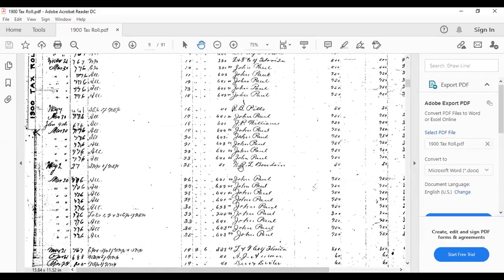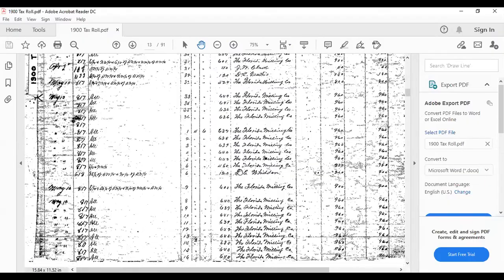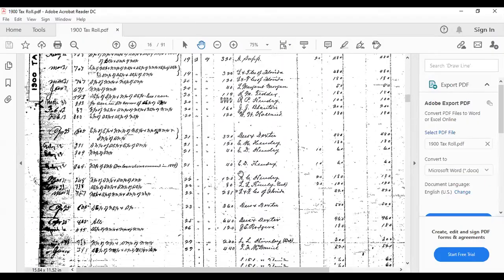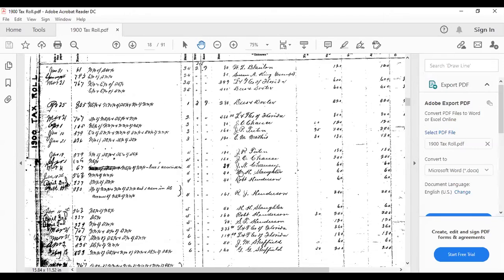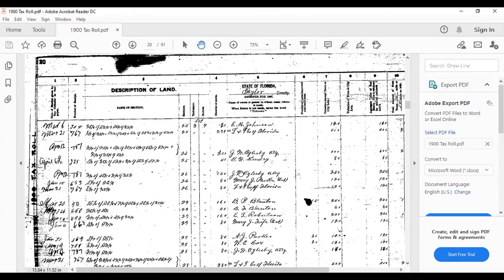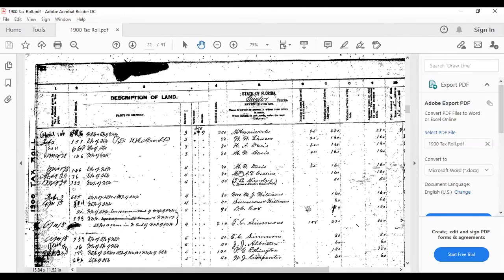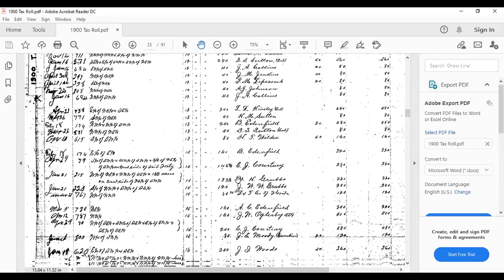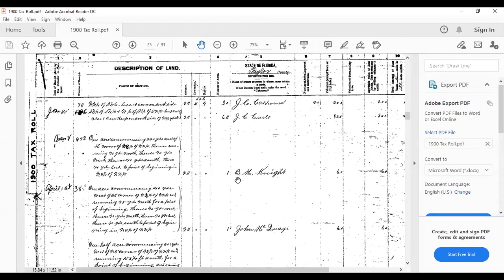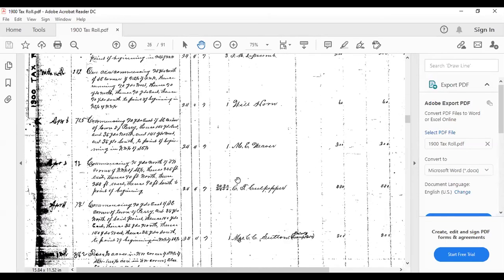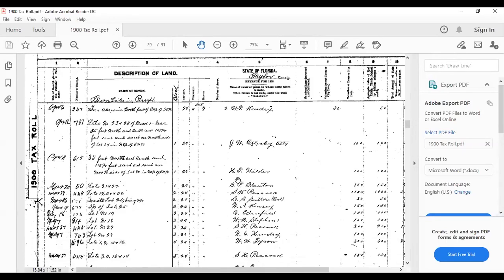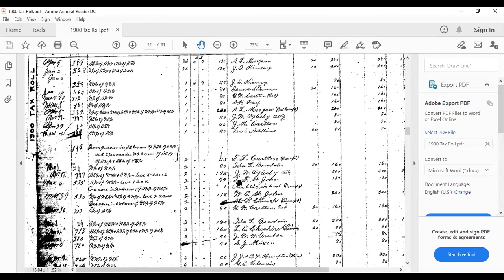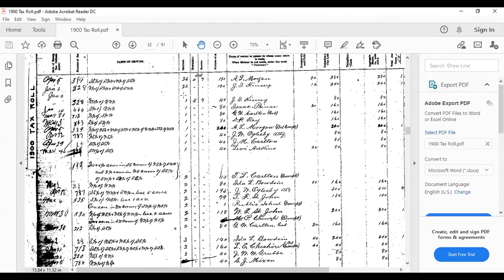5-7, 5-7, here's 3-5, here's 5-5, here's 4-6, we're getting closer, 2-7, 3-7, 4-7, getting there. Wow, there's a lot in 4-7. That's because the town of Perry is there, so all those town lots are going to be in there. That's why 4-7 is taking forever. But eventually we're going to switch to 5-7.